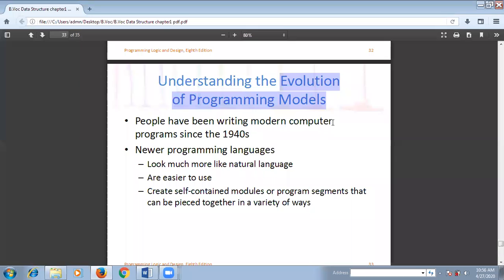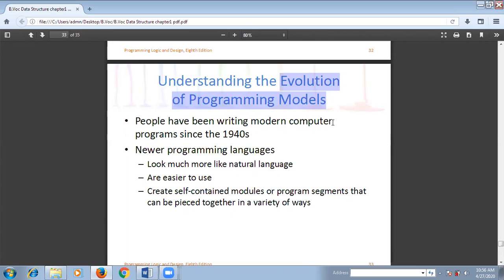That means those programming languages are hard to understand for any human being. They can be understood by computer systems but are hard for human beings to understand and learn.